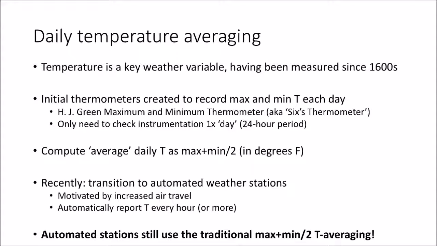And again, this is all automatically being reported now, and no longer do we have this need for the manual observations and the usage of the twice daily measurements. However, our automated stations, at least for the official capacity of climatological reporting, still use the traditional max plus min over 2 temperature averaging method. So despite the fact that we have the technology and the actual observations giving us much more data per day, we're still stuck in this old school way of just using 2 data points to estimate what happened across the entire day.